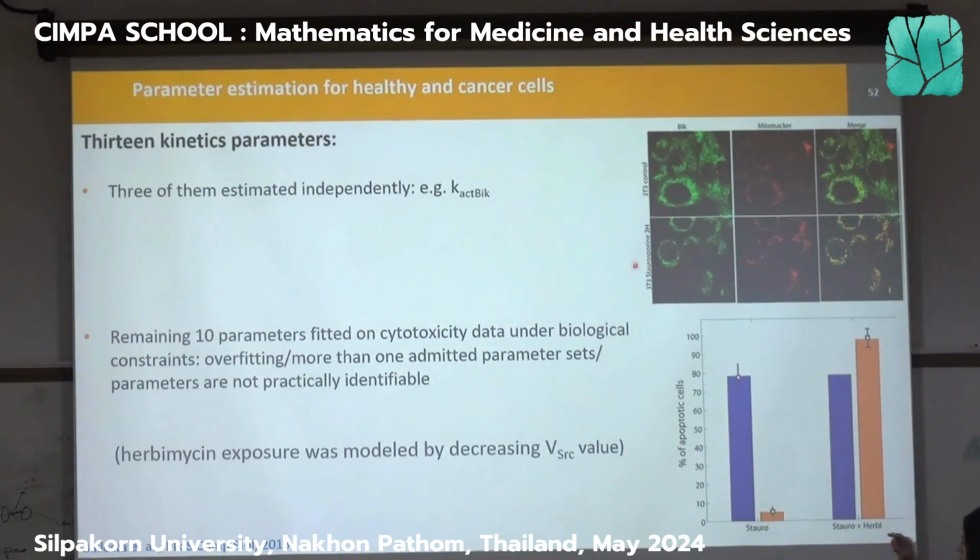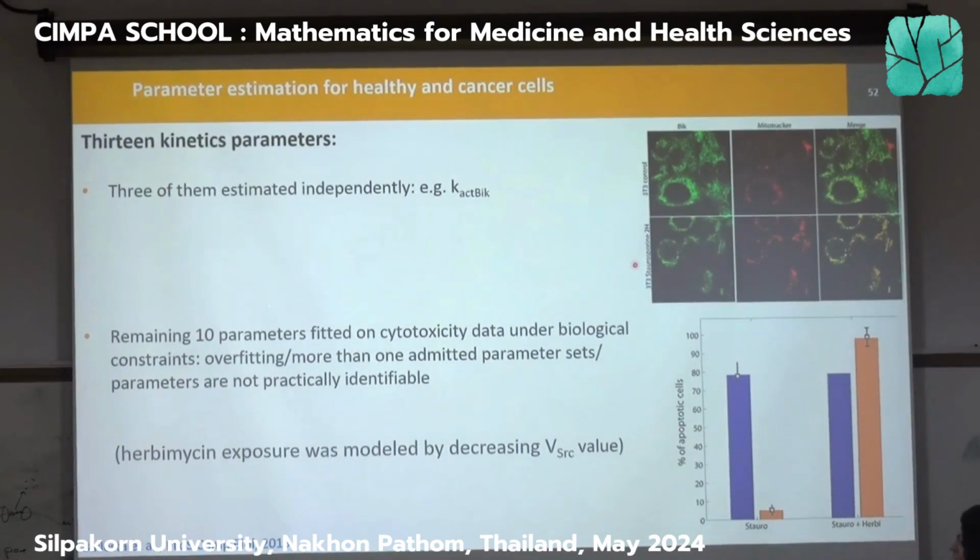So maybe I forgot to say that here the dots or the squares are the experimental data, and the bars are the predictions of the model. And as you can see, the predictions and the data agree very much. But here this is easy because we have plenty of parameters. We have basically too many degrees of freedom, and we can easily fit the data.